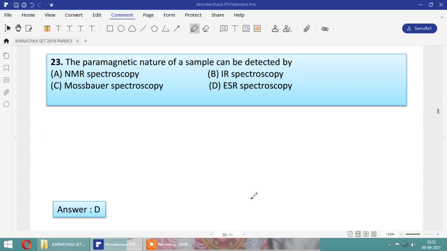And see, the paramagnetic nature of the sample can be detected by the paramagnetic nature. You remember the electron, that is the unpaired electron, is mainly calculated using ESR spectroscopy, not IR spectra or Mossbauer spectra or NMR spectra. The unpaired electron, mainly the radical, in the sample was detected using ESR spectra. Next question,